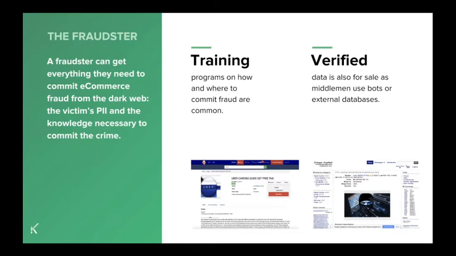There are third parties. And what they do is an effort to add value. They're essentially a middleman that will purchase the raw data from the hackers. Then they use bots to verify the data. They enrich it with external databases. Most of the time it's both. So basically they're cleaning up the data, and then they resell it on the dark web at a higher price or at a premium because it's better quality to the fraudster who will ultimately be using it to steal from your website. So it's just an incredibly robust ecosystem on there.